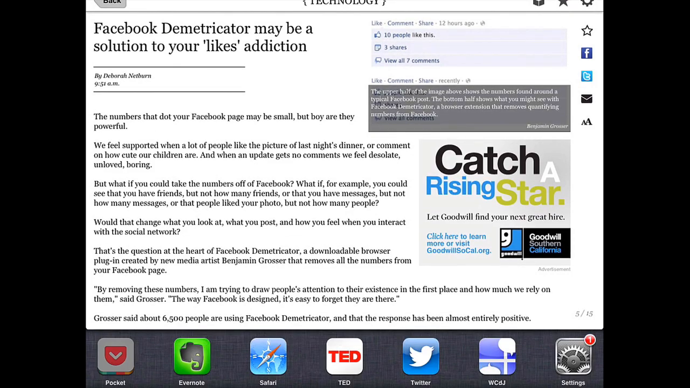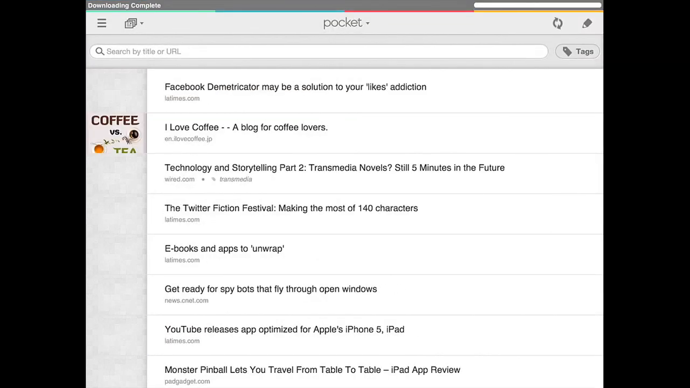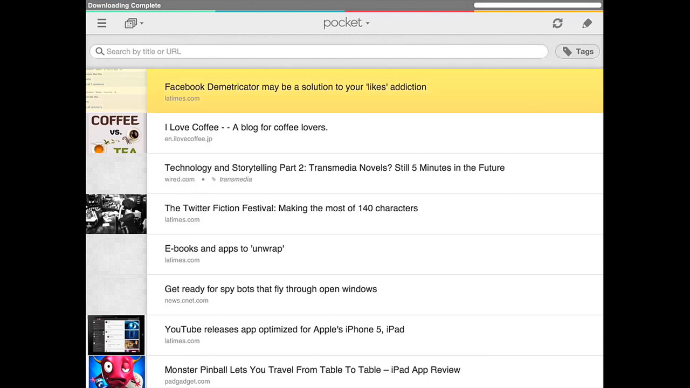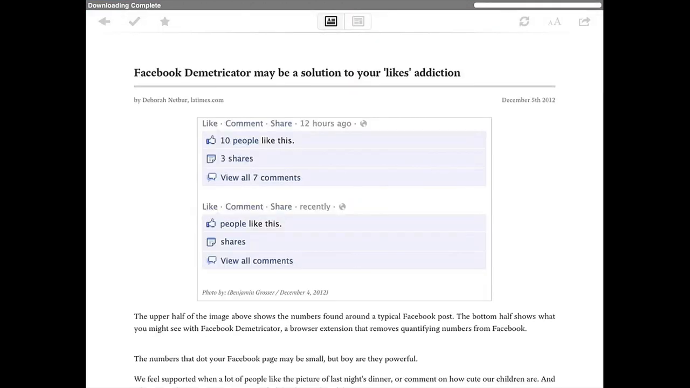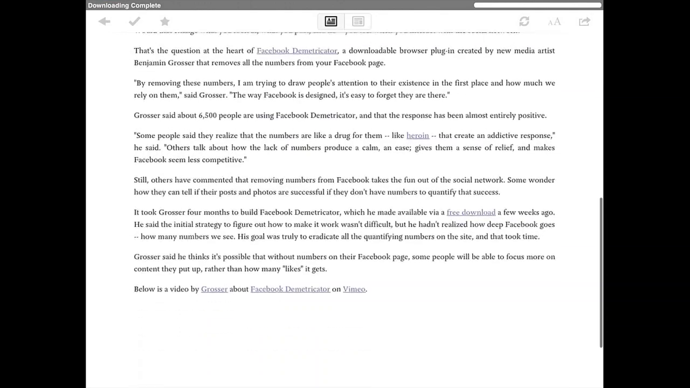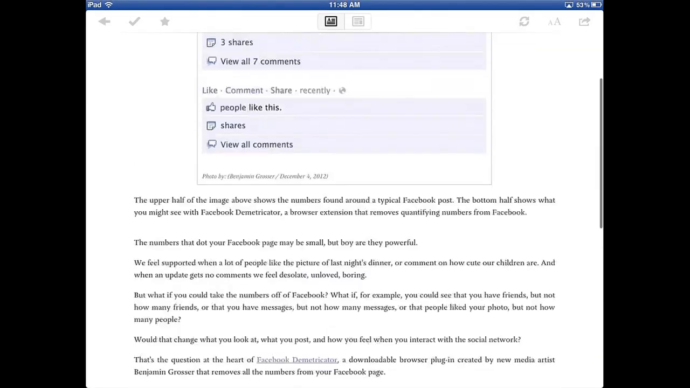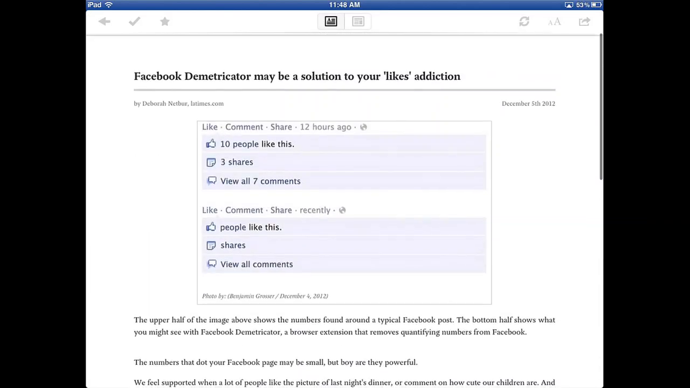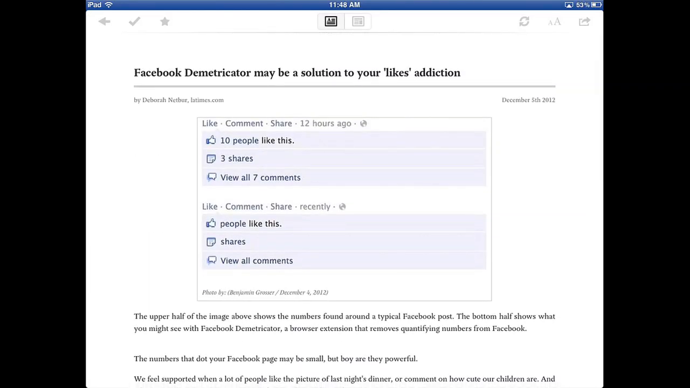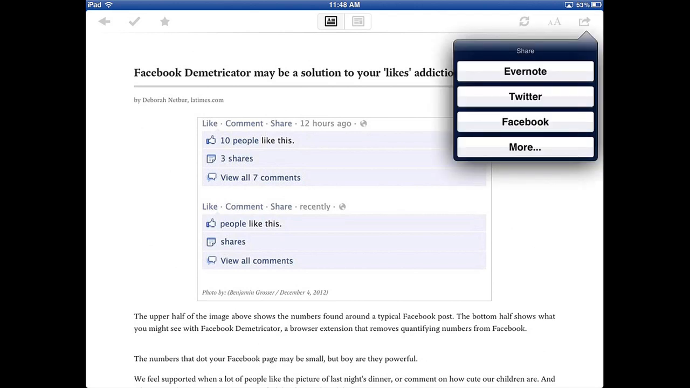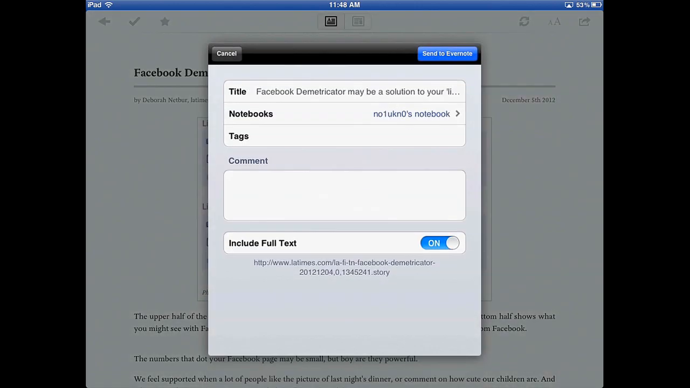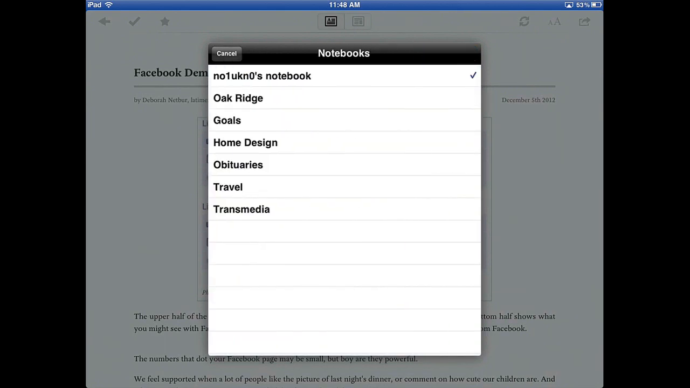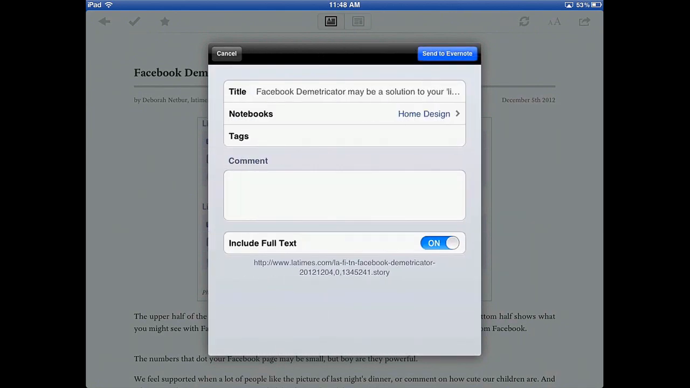Okay, and we'll go to Pocket and let's see if it shows up. There we go. There's the article right there. Now you notice it looks a little bit different. They stripped it down, which makes it a lot leaner, which is fine. Now, how do you get it out of Pocket and take it to Evernote? Again, just hit share, go to Evernote, and Facebook, let's put it, remember this time, home design, send to Evernote,